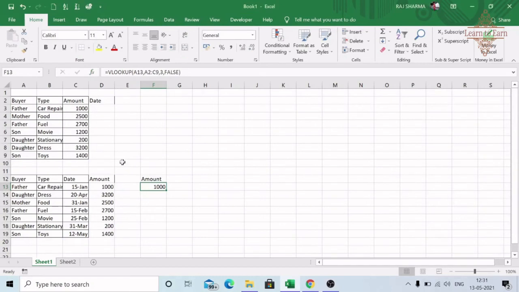Now when I press it, you can see the first one is matched, but what is happening with this one? Here also it has matched. Generally it fetches an error, this time it is matching, so okay. But then the daughter, you can see here the daughter's 3200 is not here. Two entries have come, daughter 200 and another daughter 200. So the dress which the daughter has bought for 3200, here it is showing dress for 200. So this is the error.